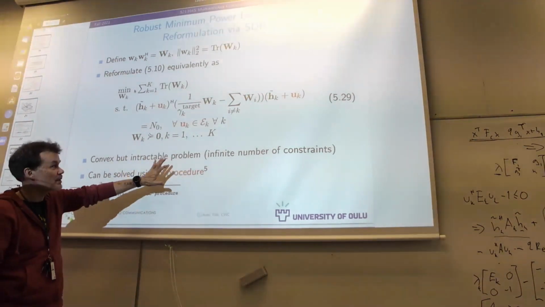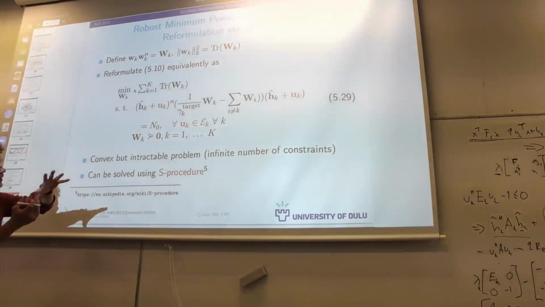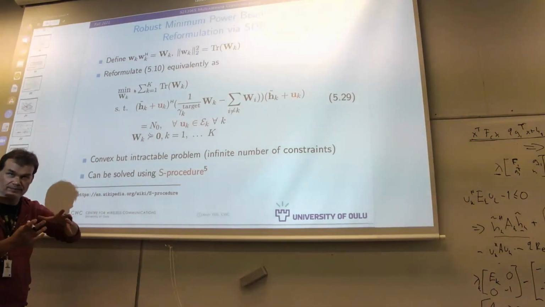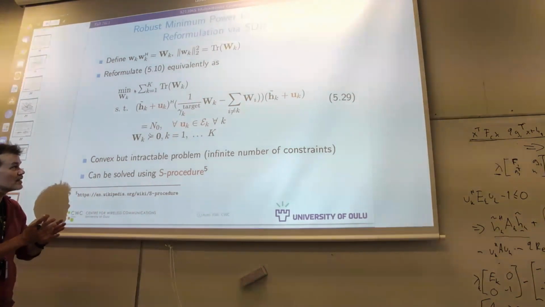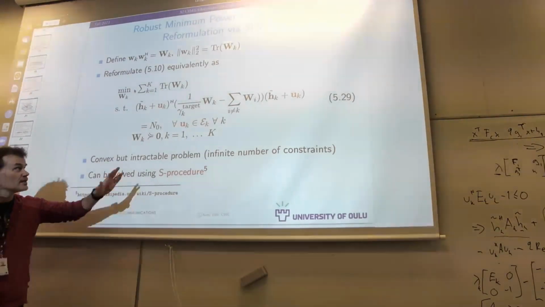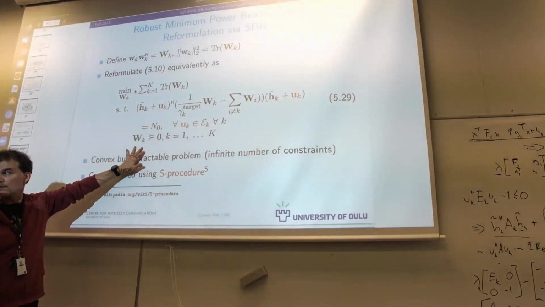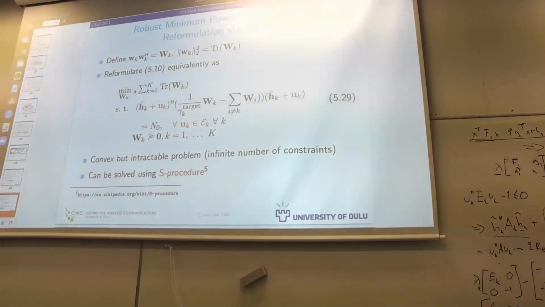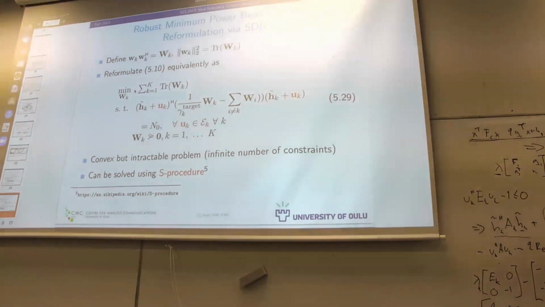Okay. The problem is that for small uncertainty, the solution WK is almost guaranteed to be rank 1. It's actually a good problem to study. But when the noise increases, the rank of WK also increases. Now, in general, it's not so clear what to do, optimally, if you have a high rank transmit covariance matrix. But if you want to find a rank 1 beamformer, what you can do is